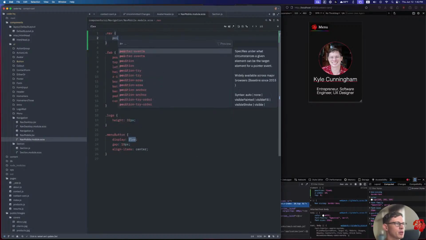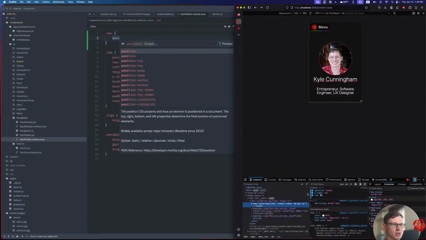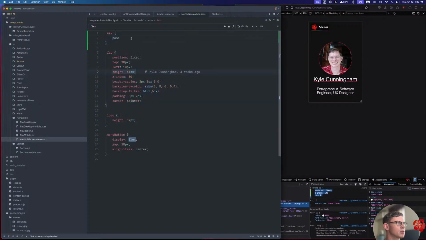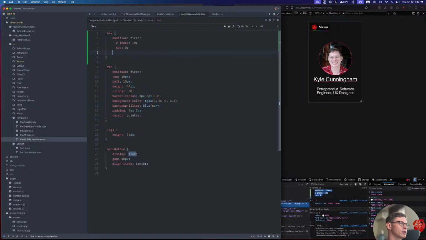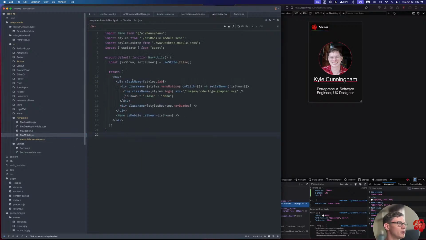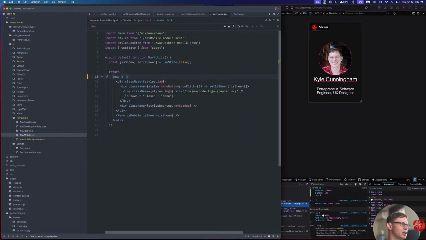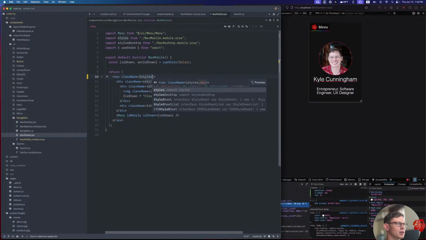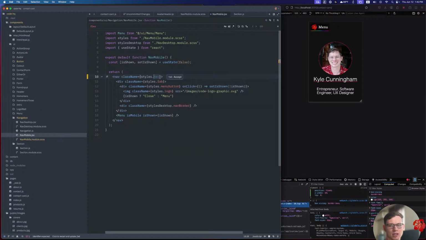So basically what I'm doing is I'm just taking these styles I just did, copying these over that, there we go. Go back into the mobile nav, class name, again this is just using CSS modules. We also are using Sass, so we can do nesting and stuff like that. That makes life a little easier. Kind of tend to prefer